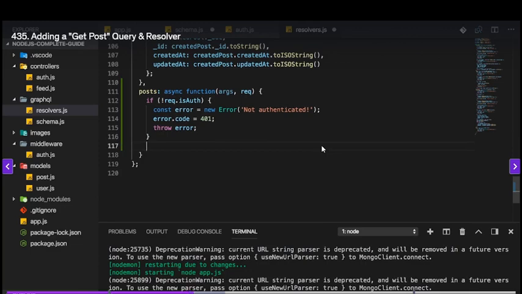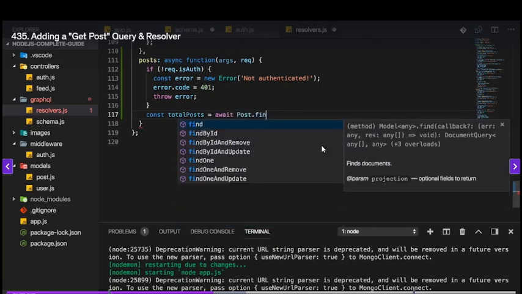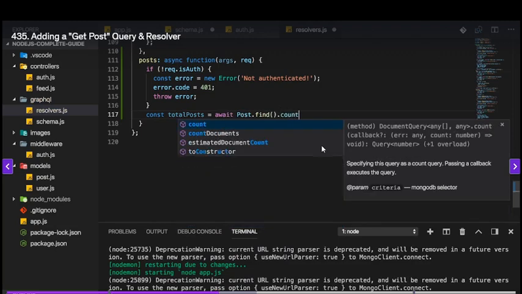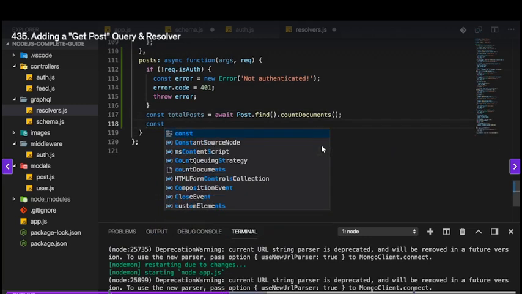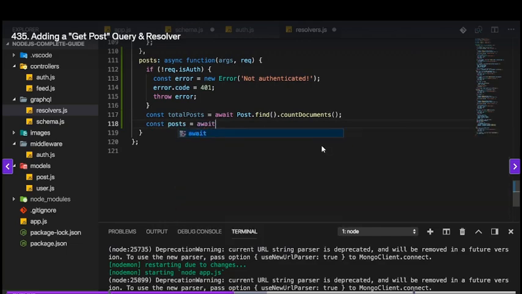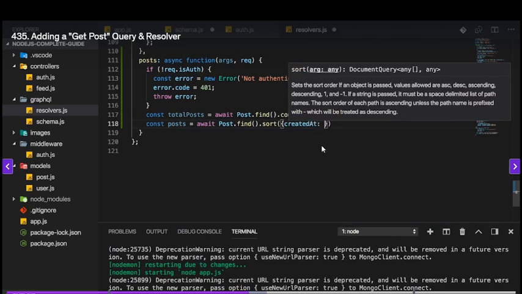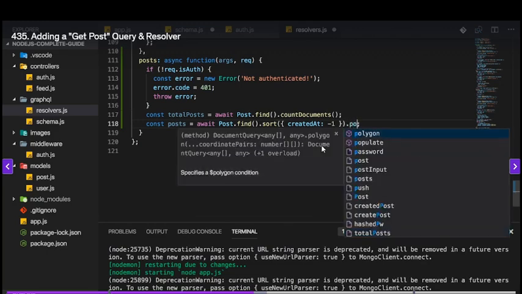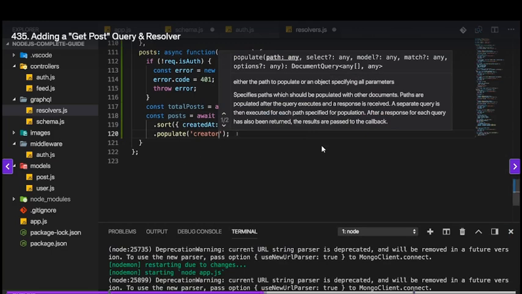Otherwise, I'll later add some pagination logic, but for now, I want to find the total number of posts and then all posts. So total posts can be found by awaiting Post.find, this gives me all posts, and then countDocuments. The posts themselves can be found by using await on Post.find like this, and again later I will also add skip and limit. For now I'll only add sort, and I will sort by createdAt in descending order. I will also populate my creator to fetch the full user data with the name and so on, because I'll need all that on the